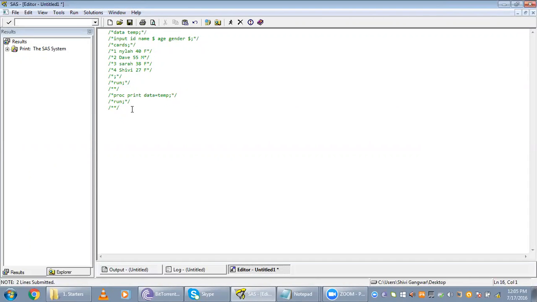Okay. Now let's discuss what are the ways of commenting the lines of code or maybe complete blocks of code. If someone asks you in the interview how you can comment out the data in SAS, you will say that there are two ways. One way is you comment out the blocks of code. So you will write a slash and then you will write the asterisk. Whatever lines you want to comment out, like line 1,